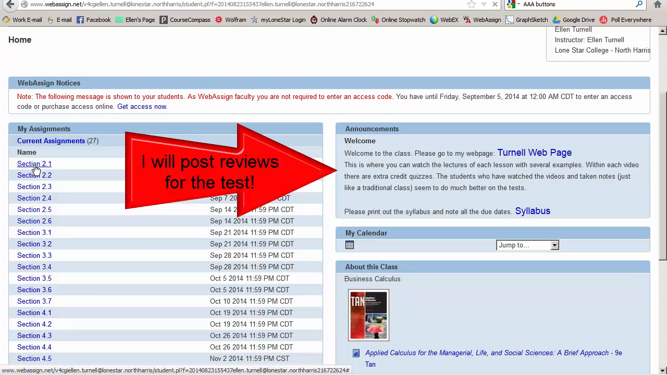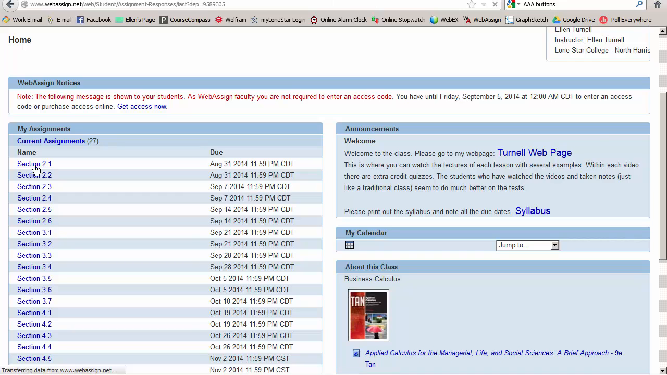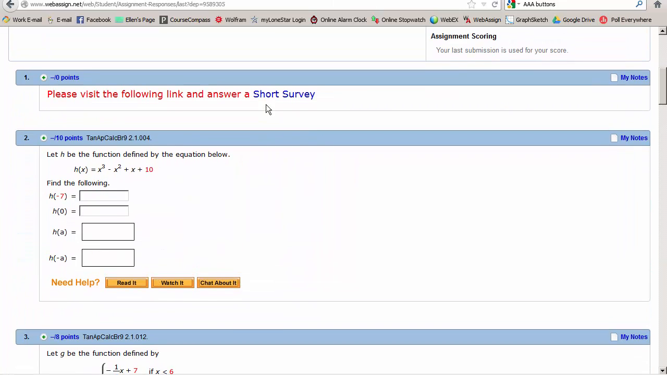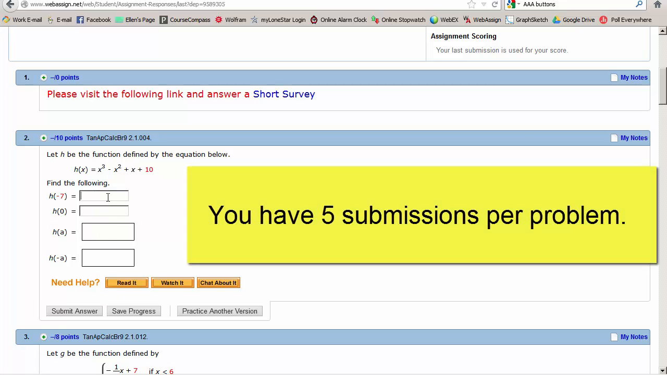Let's go to the first section. This first one is the short survey that some of you have already completed, right? And then we have homework, right? So a lot of times if you just have to type in a number, you just type in a number, all right? You can submit the answer. Let me say this, you can do that 5 times. If you submit something like the answer is 3 and I say submit the answer,